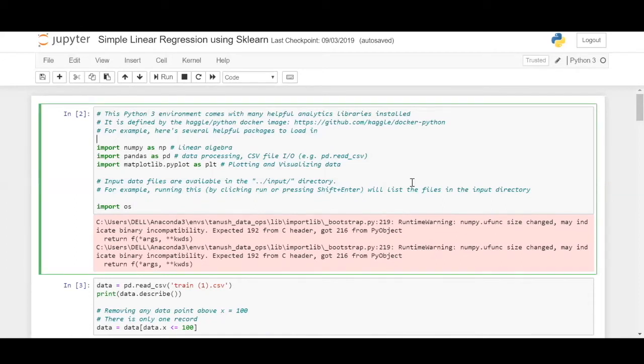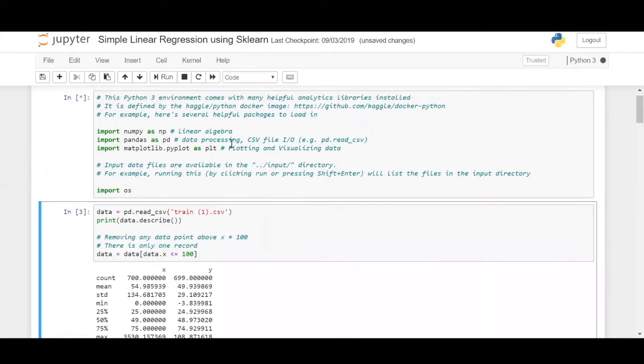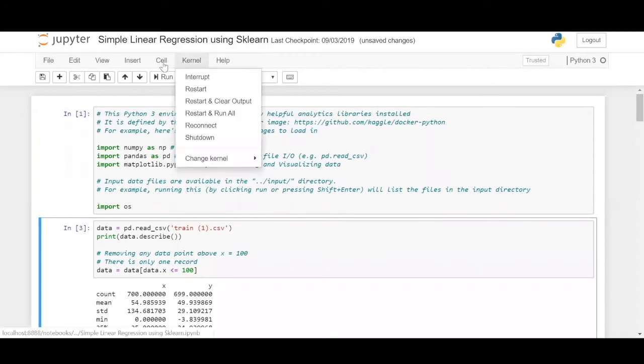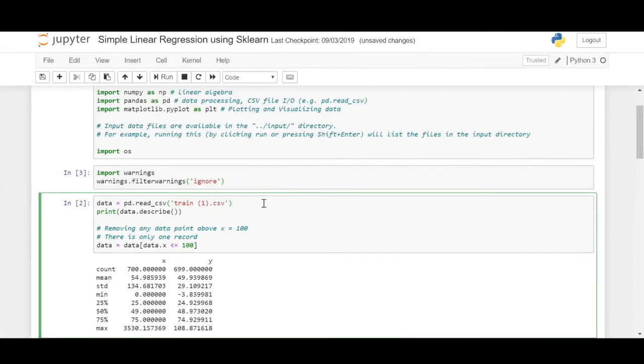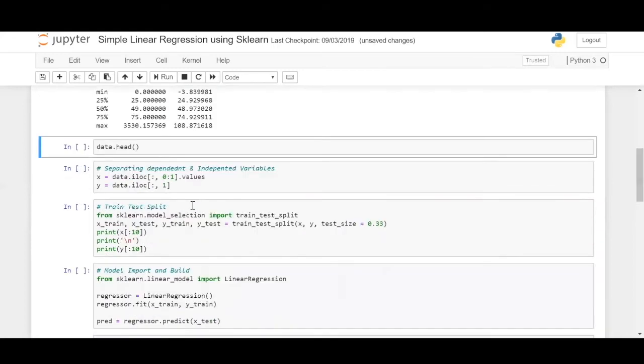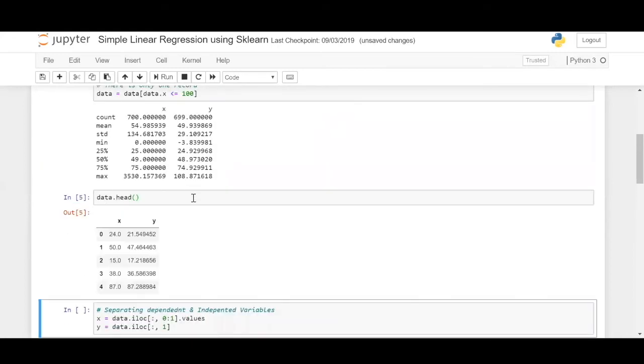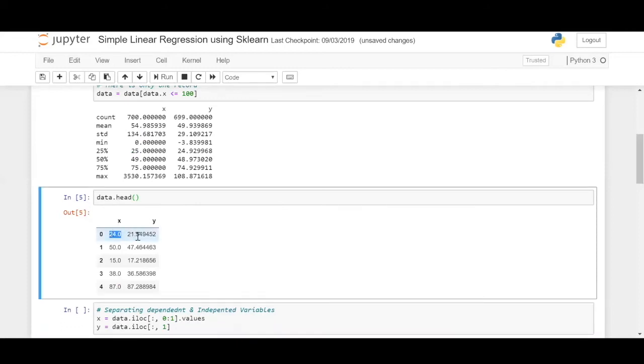We'll first load the data. So I'll just knock off all the outputs, and then clear. Okay. So we'll be loading the data using pandas read CSV from a CSV file and just see the description of the dataset. You just see the head, the first 5 elements. So this is a very simple problem. You just look at this and try to predict this.